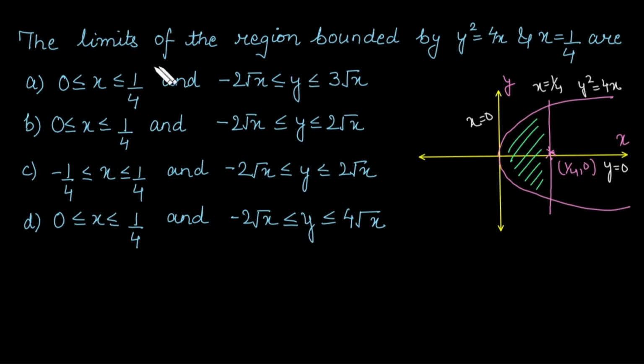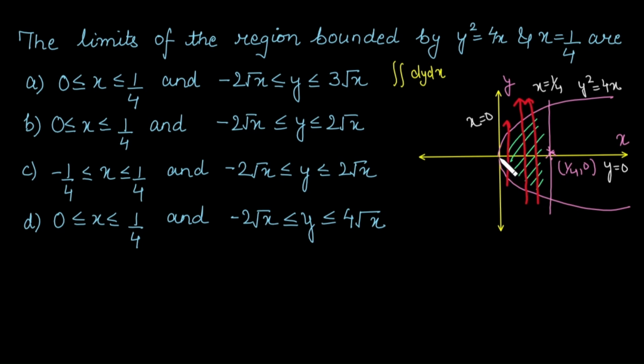As per the equation, we need to find the limits of the region bounded by these two curves. So we have this bounded region, and we need to find the limits. If you observe the options, the limits of x are constant. It means we have to integrate x later. First we will take the limits for y. For that, we need to take a line parallel to the y-axis passing through this region. So let's suppose I am taking a line passing through this region here. Either you can take it from here or